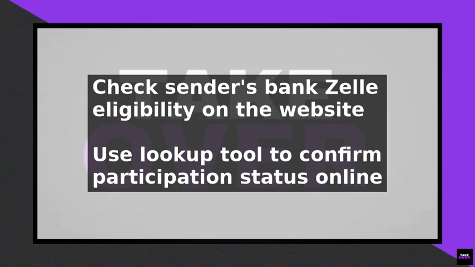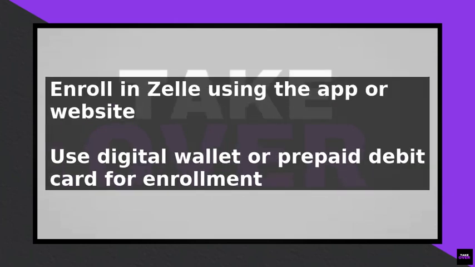is a participating member. Next, you will need to enroll in Zelle using the Zelle app or through a participating bank or credit union's website. If you do not have a bank account, you can use a digital wallet such as PayPal or a prepaid debit card from a provider like Green Dot or NetSpend. These digital wallets and prepaid debit cards can be used to receive Zelle payments as long as they are Zelle